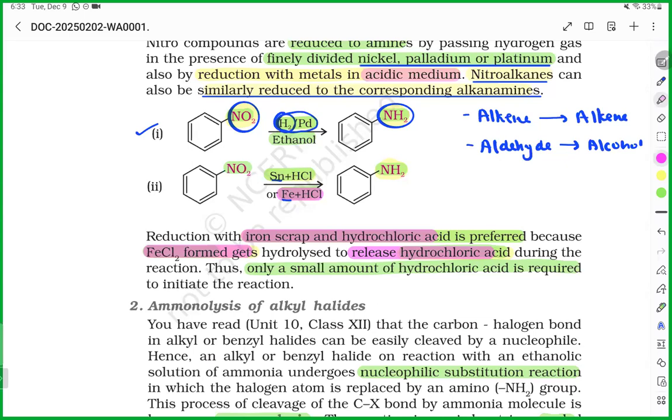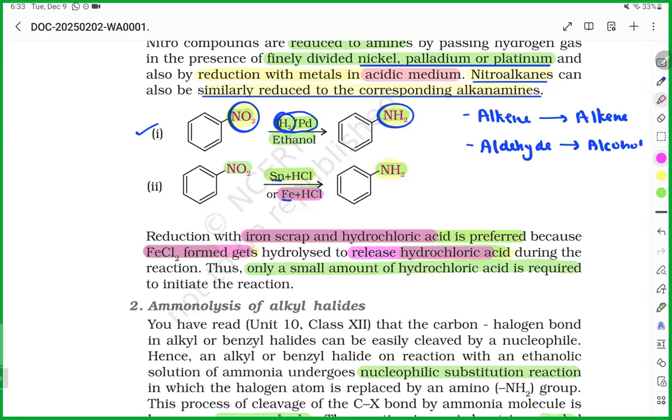I'm not sure, sir. Jordan? Can you hear me? Yeah. Is it because scrap means more surface area for reaction? Exactly. Whenever you take scrap of anything, you take small particles, which increases surface area and the reaction happens in a faster or prompt manner. In presence of acid, we prefer